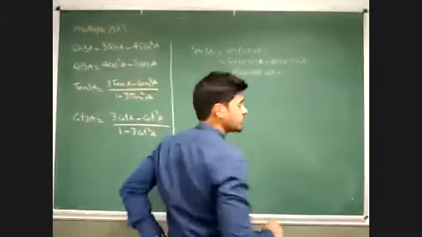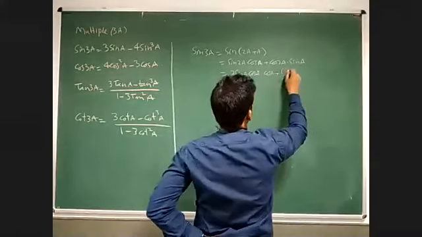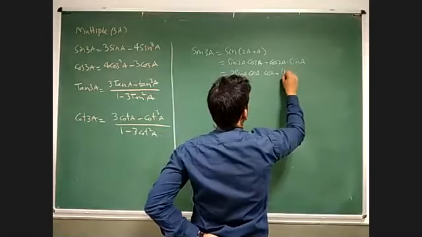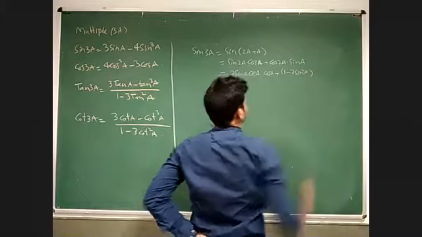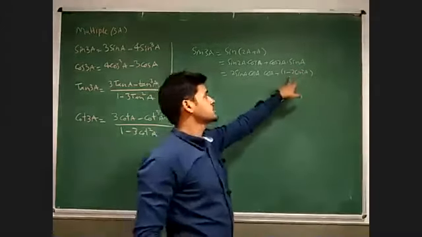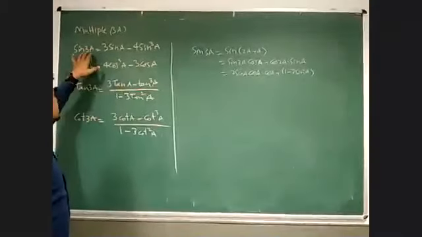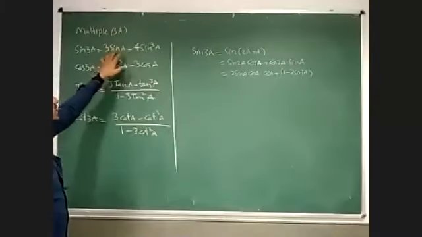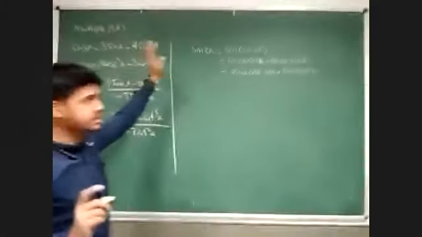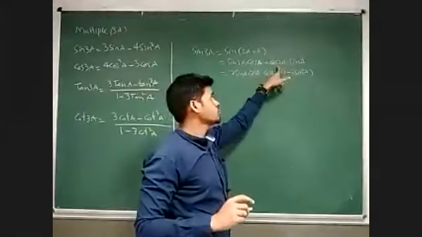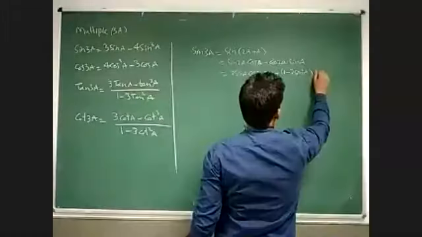What was the formula of cos 2A? Cos 2A formula was 1 minus 2 sin square A. Why did I take 1 minus 2 sin square A? Because sin 3A is equal to 3 sin A minus 4 sin cube A, so only sin is there. That's why I took cos 2A equal to 1 minus 2 sin square A, into